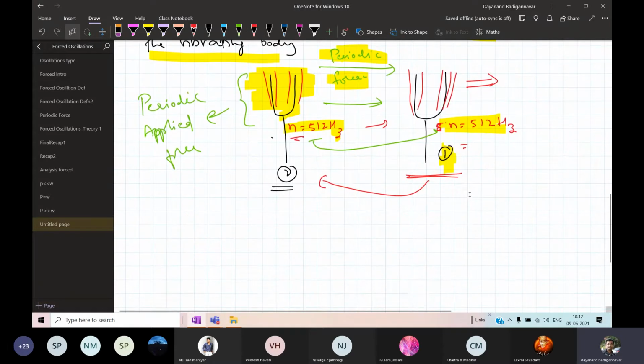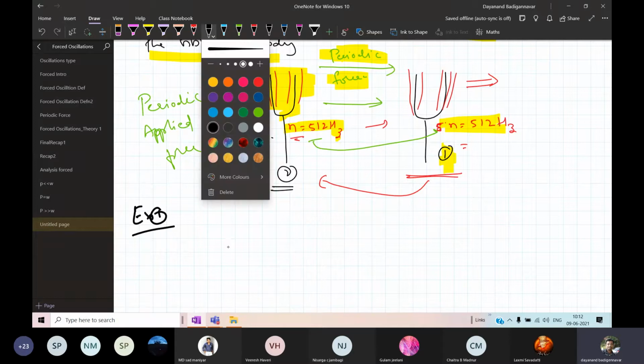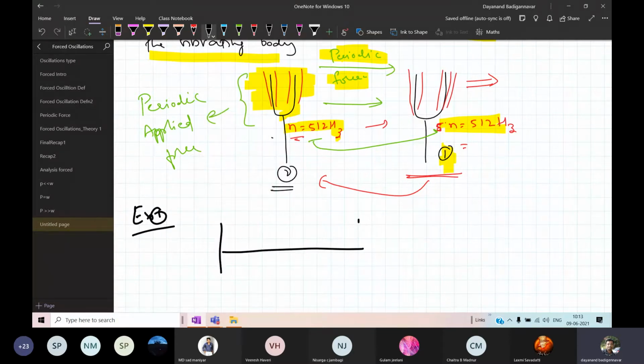It is true for anything. For example, you have learnt at your PUC level about a hanging bridge. This is one example I told you. I have a suspended bridge like this, and on the bridge soldiers are marching. Now the soldiers, when they are moving on the bridge, are not advised to march.